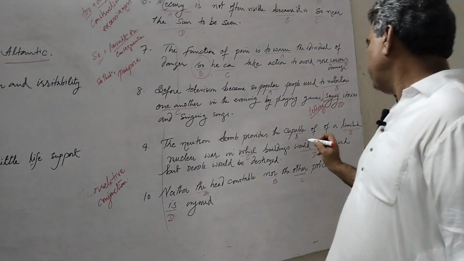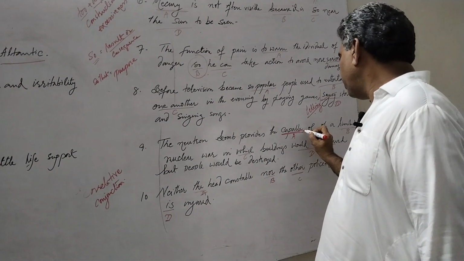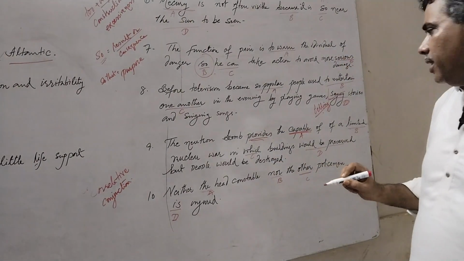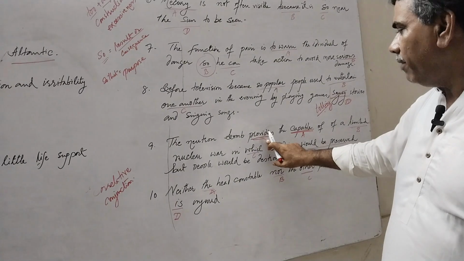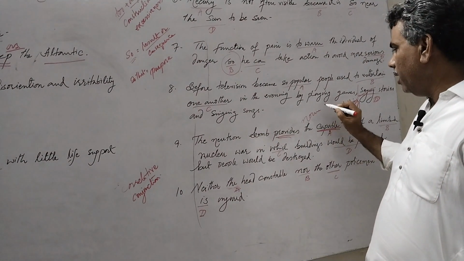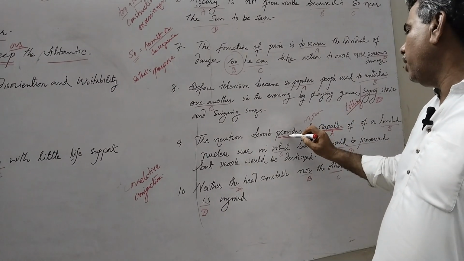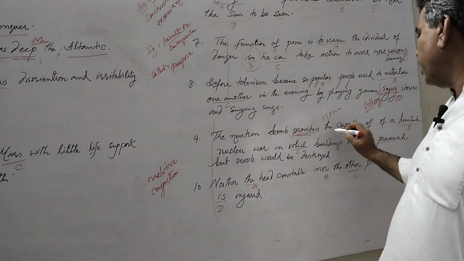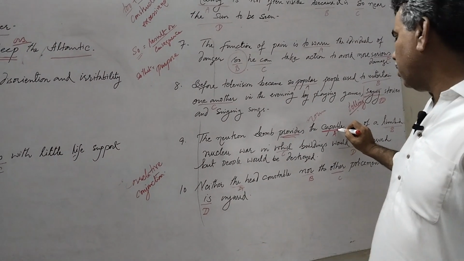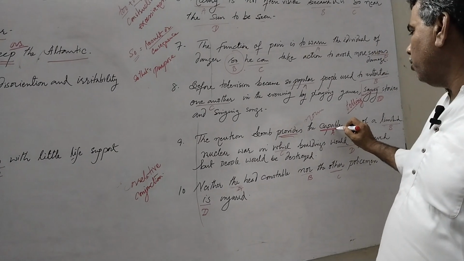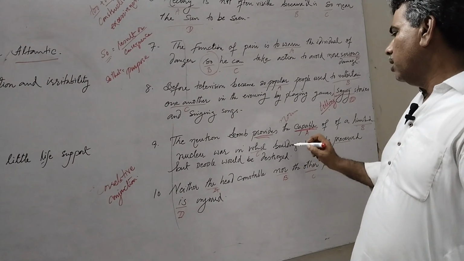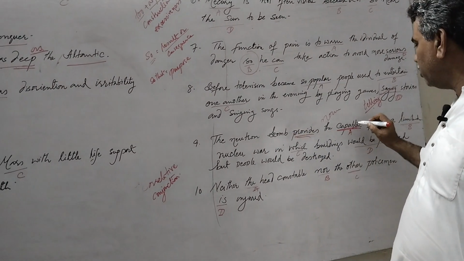Here, when we look at point A, we see that the verb is provide. And we know that provide is a transitive verb. After a transitive verb, we should have a noun. We need a noun here because this is a transitive verb. And when we look at the sentence, there is capable. Capable is an adjective and it does not give the complete meaning. So we should remove it and keep a word that is a noun. So we should change capable into capability.